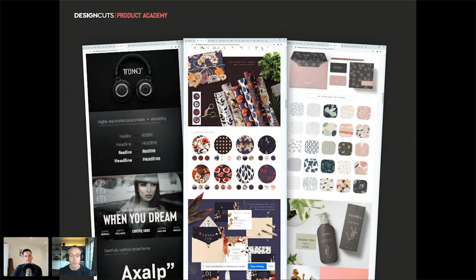and the amount of products that, because obviously we'd only let the best products into the Design Cuts platform, which is kind of one of the USPs of Design Cuts. We're not like other online digital sellers who will let anyone onto the platform. We're actually quite picky because we want to make sure that it's our top 1%. We want our customers to come and look at our products and go, wow. We've got quite a plain user interface, because we play off the fact that all the products on our marketplace look amazing. We geek out over it.